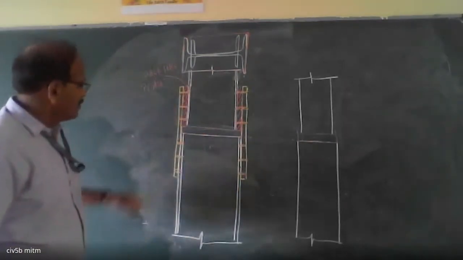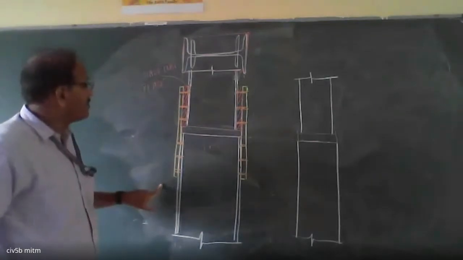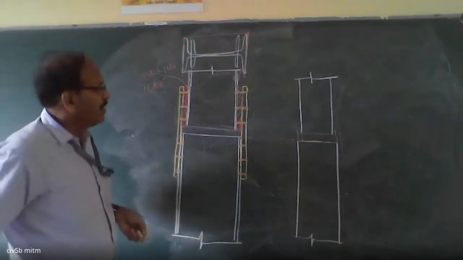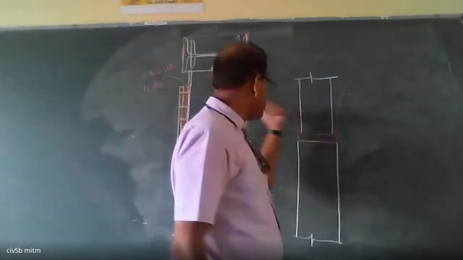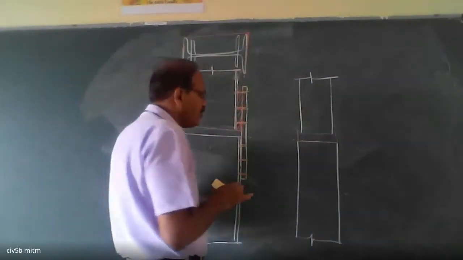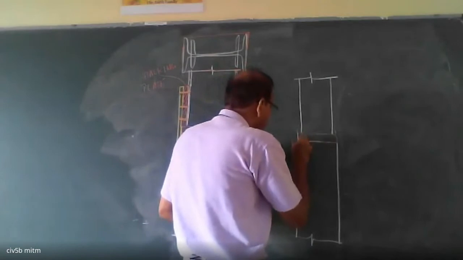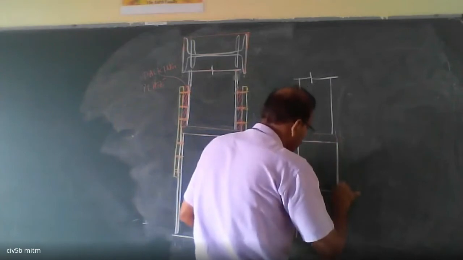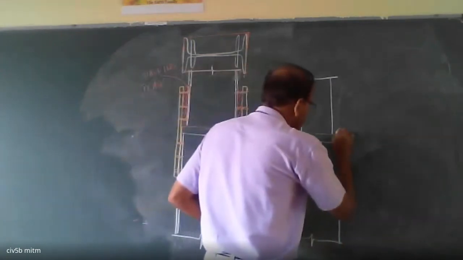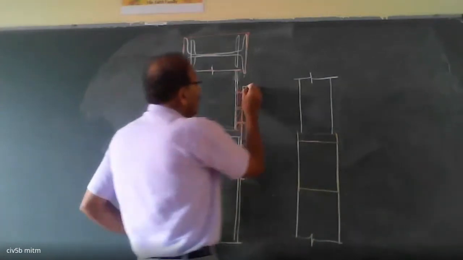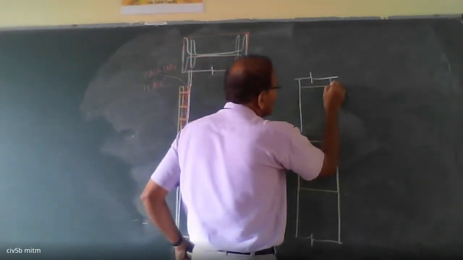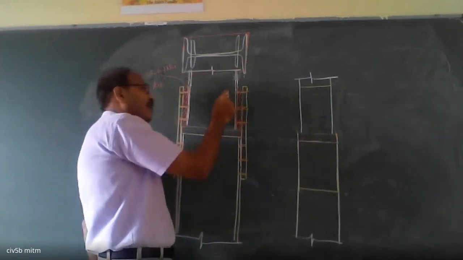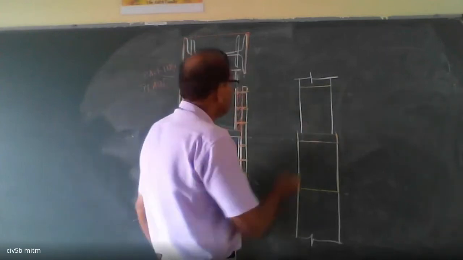Okay. So again, this is the splice plate or splice. This is called the packing plate, or another name is filler plate. And when you look from this side, this is what you are going to see, because the flange of this I-section is wider than the flange of this. So this is the way you see.